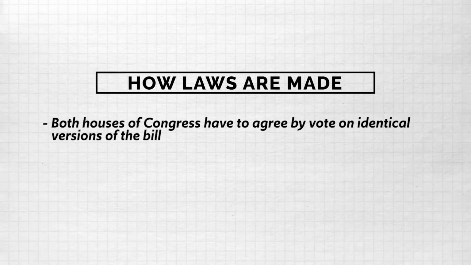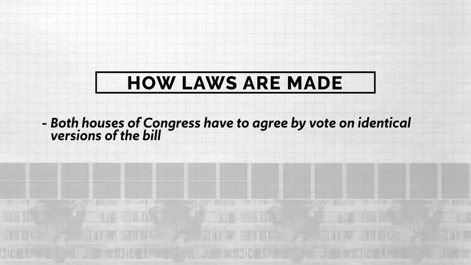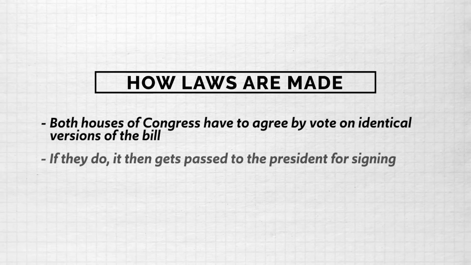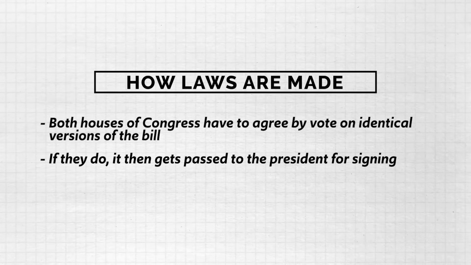understand, in order for a bill to become a law, both houses of Congress have to agree by vote on identical versions of the bill. And if they do, then it gets passed to the president for signing, and that's how a bill becomes a